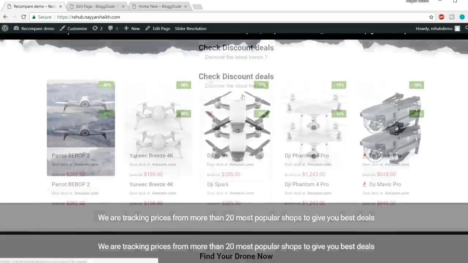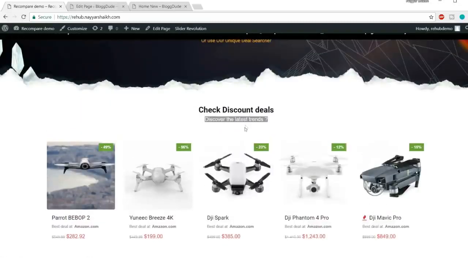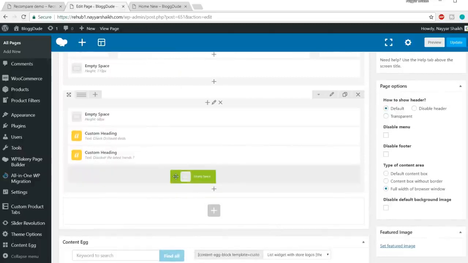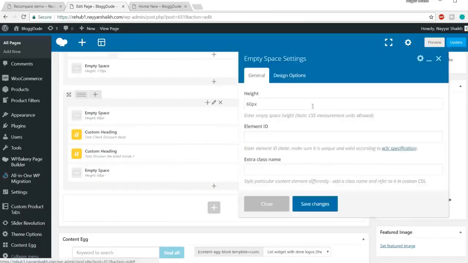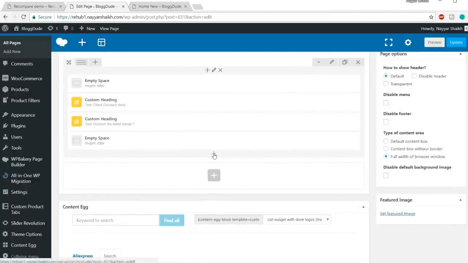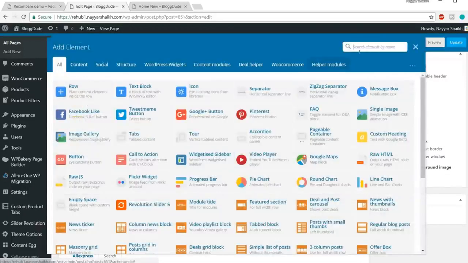We have these products, but before that we have some gap between this subtitle and this product. So let's add some gap. Let's copy this gap and drag it over here, and let's reduce this. Instead of 60, let's make it maybe 20 pixels. Click on save changes, and after that we'll have to add those products. So click on add new and go to this